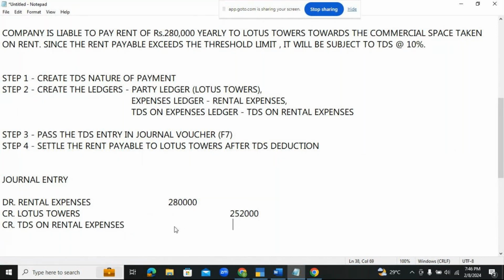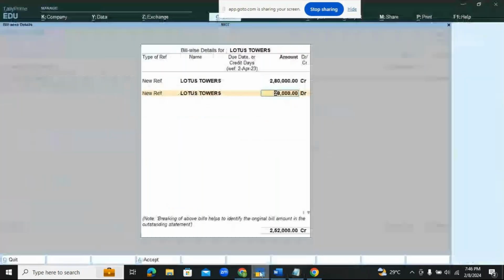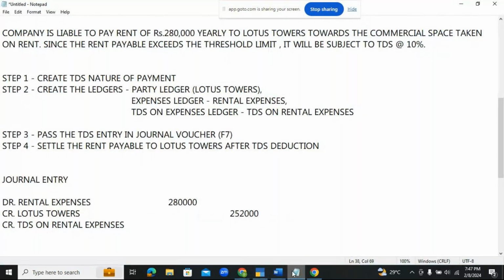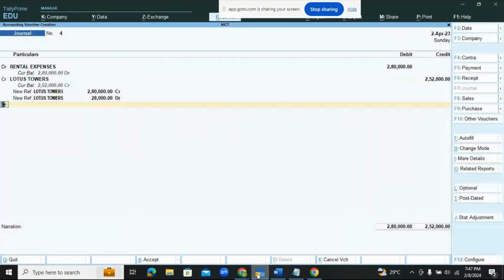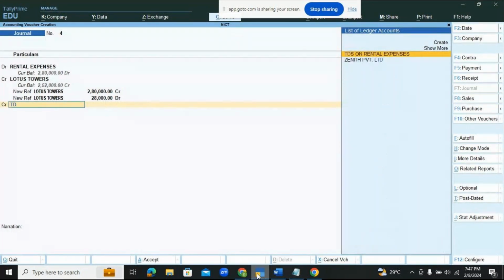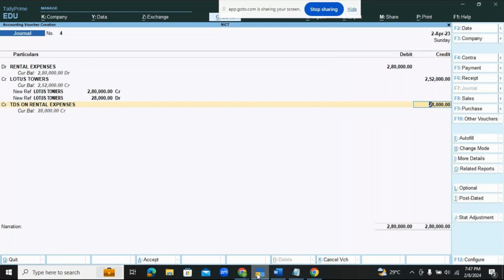So what is the TDS amount here? Enter 28,000. This is the way it comes. Okay, so the same we will see in Tally software. Enter, enter. You come to the end of list. Again, you have a credit option. TDS on rental expenses. Yes. So this is the way you have the final breakdown. Total rent payable 2.8, less TDS 28. Remaining amount to be paid to Lotus Towers is